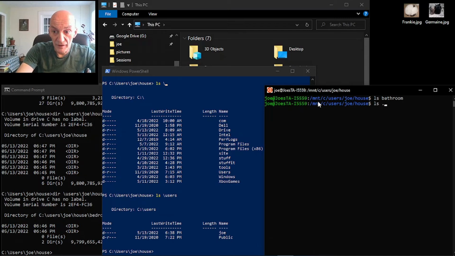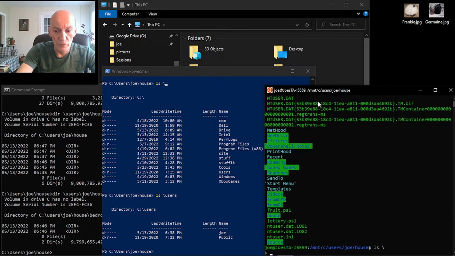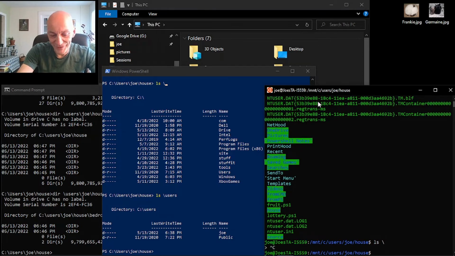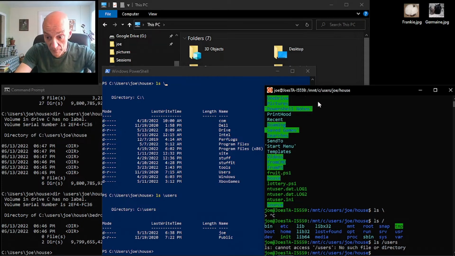Show me a listing 1 level up or multiple levels up, and then I can say show me a listing of the root. Oh, and if I get the right path separator character, show me a listing of / the root. I see those, and again ls for from the root users, and